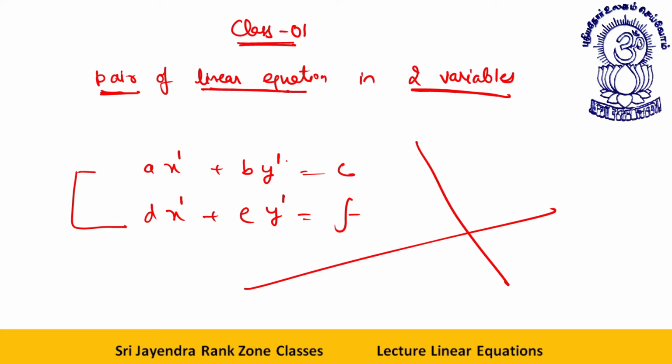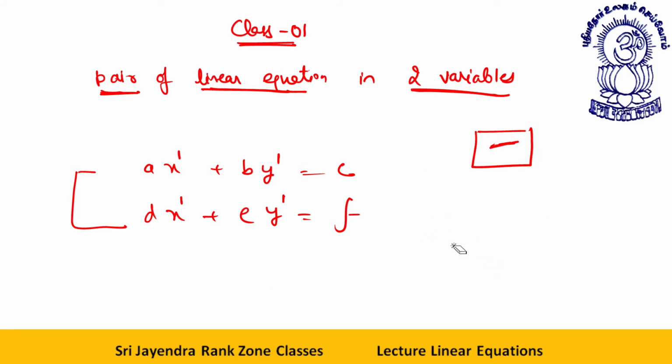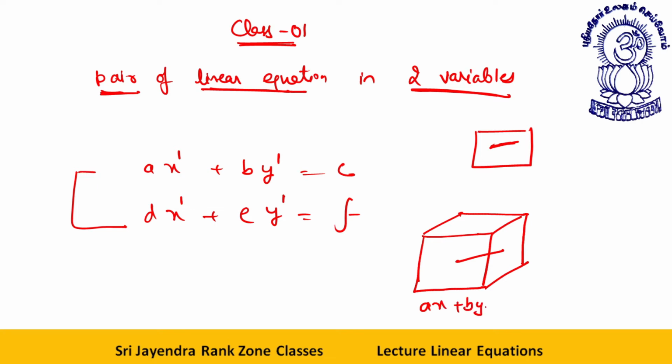You will think, what other sort of line can be? Dear students, a line can also be in a three-dimensional space. How come in a three-dimensional space? See, this is a two-dimensional space. This is a line. But if I talk about three-dimensional space, a three-dimensional space is like this. In this case, a line can be like this. This is a straight line, but it goes from one plane to another. This sort of line is represented by ax plus by plus cz is equal to d. Here you have a third variable z. Okay, let's keep this aside.